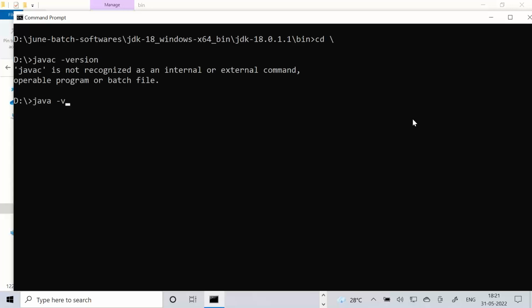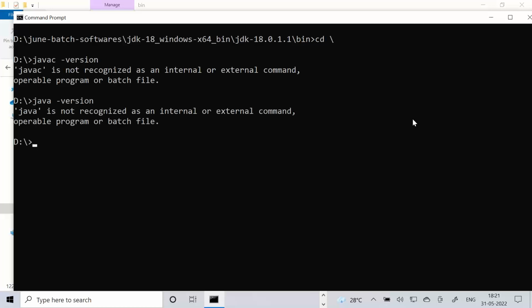Let me trigger Java again. We are running from the root of the D drive. In that location, javac is not available. Java is not available.